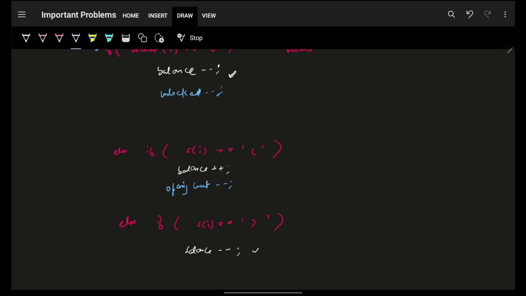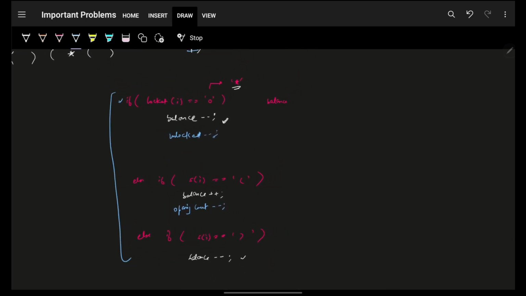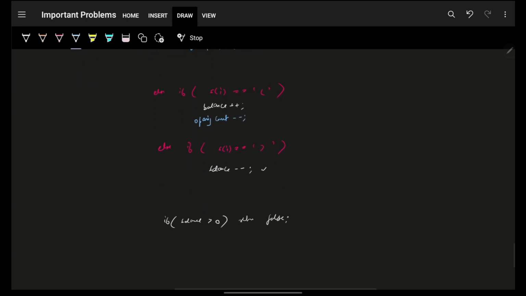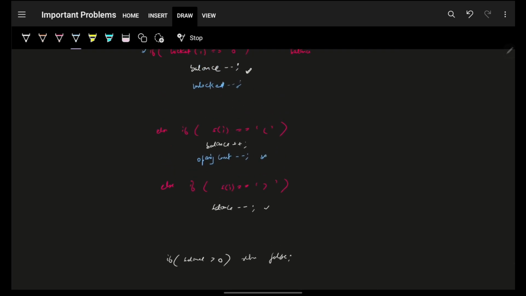Opening count. Now, obviously, we were moving back. And why was moving back the ideal choice? Because the stack maintains the state as last in, first out. So technically, we were iterating from the very back onwards. So I will simply say i equals n minus 1, i is more than or equal to 0, and then i minus minus. Now, this seems okay, but at a specific point where your opening count reduces to 0,